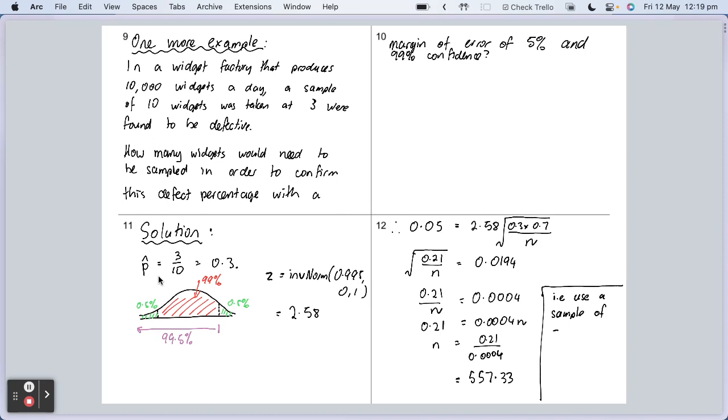Yeah, good one. Not 557. That would not quite give us a margin of error of 5%. It's better to have a smaller margin of error than a bigger one, right? So we would use a bigger sample size, because I wanted to remind you that, remember from our work from